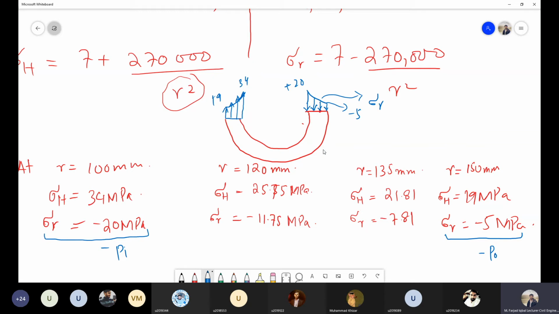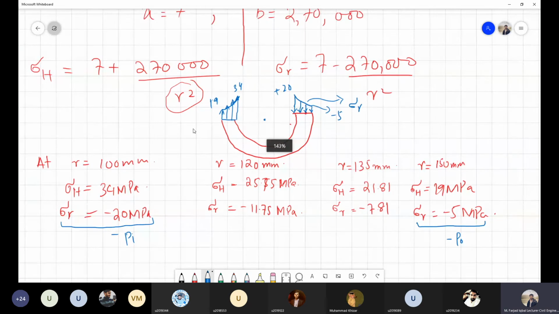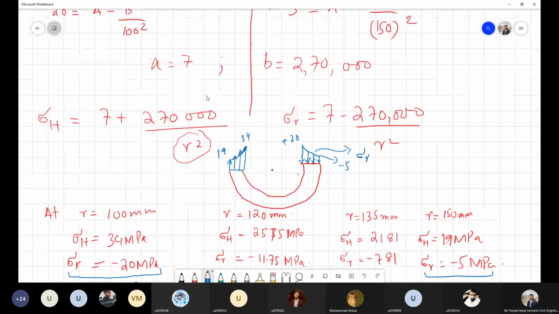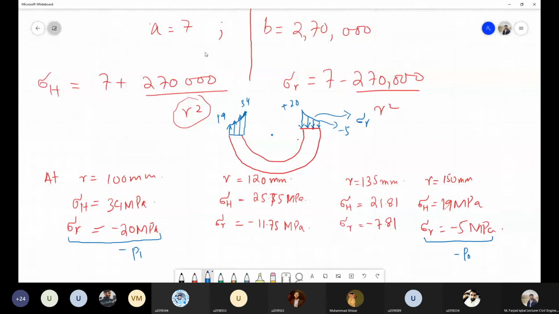So this is how you have to plot the variation of these stresses along the thickness. Any question about this example? So if there are no questions, then we can move on to another example, which is related to the calculation